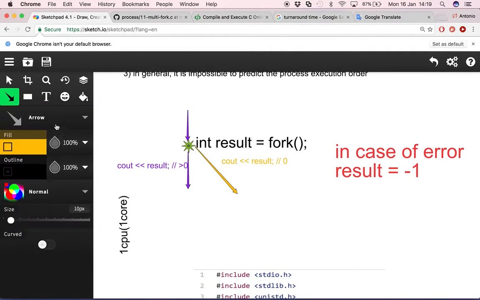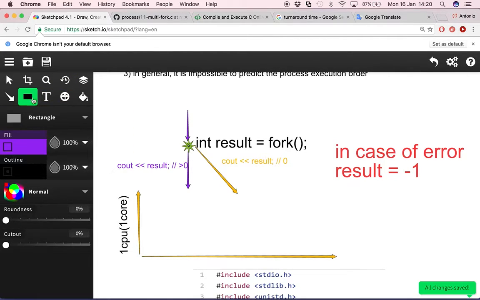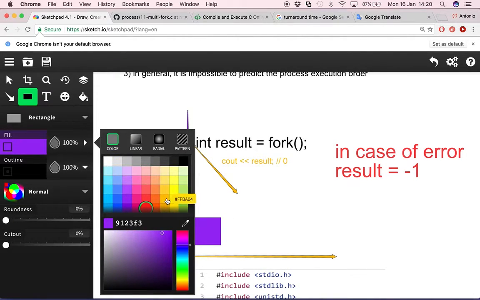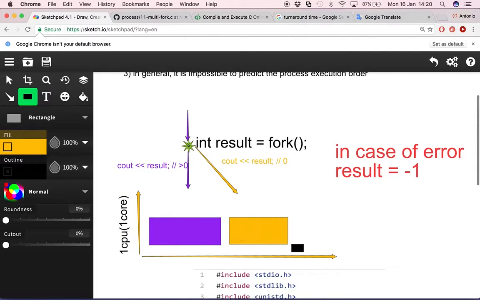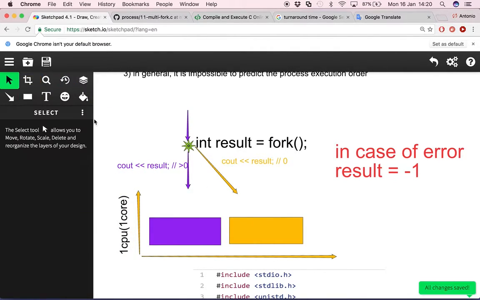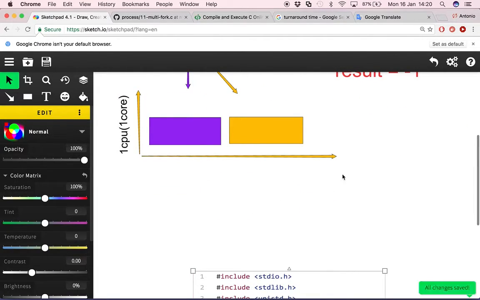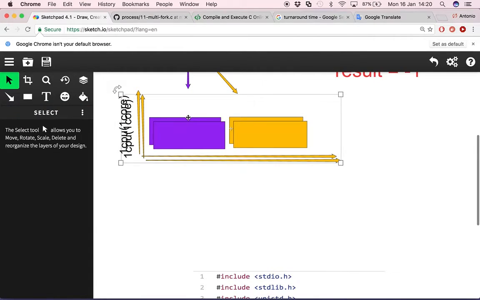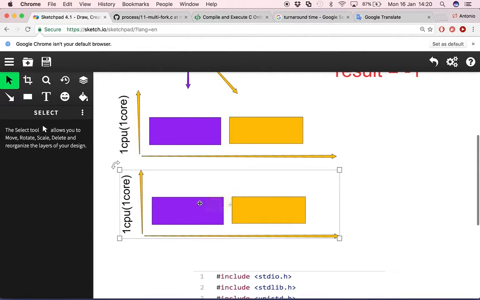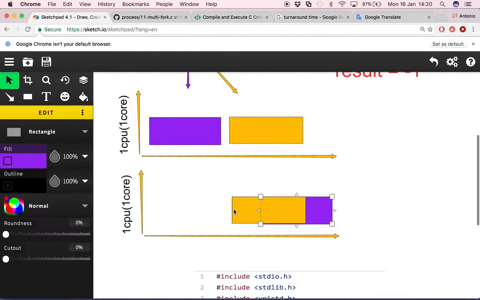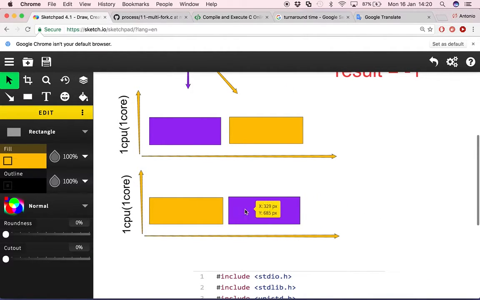Let's suppose that this is the line of the time, and then let's suppose that this rectangle represents the process. This is the parent process, and the orange one is the child process. So as I said, it's impossible to say which process will be executed first. So you can have this sequence or this sequence,